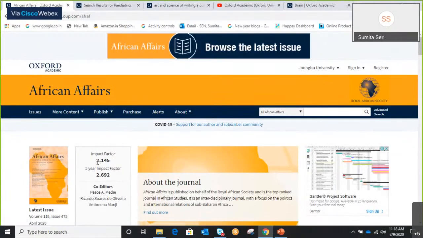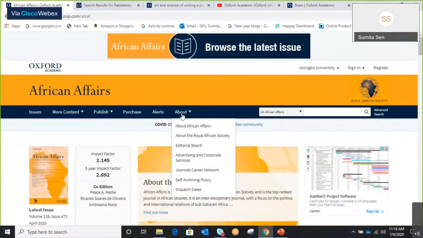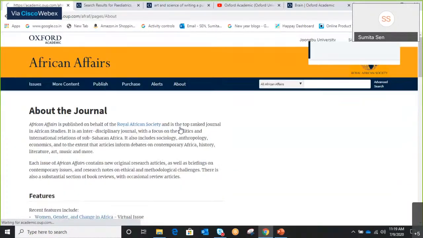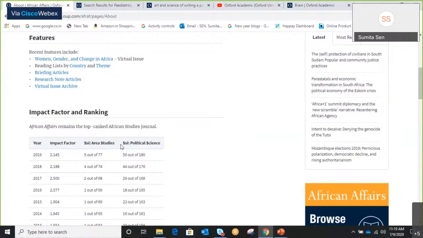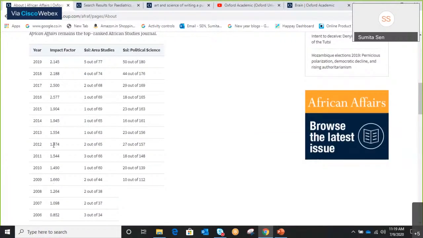You see, it has 2.145. But if you look at About African Affairs, you will see that there has been a steady growth and its ranking is pretty good. But its impact factor is 2. So you would say that, oh, it's not a good journal. It just has 2, but that has 22. You'll have to think about the subject it is aligned to. Maximum research happens in life sciences and medicine.